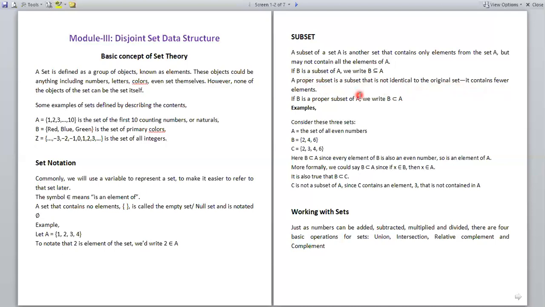That means, if we mention that B is a subset of A, that means B does not contain all the elements of A, but it contains some elements which belong to A, also belonging to B. So using this symbol we can define that B is just a proper subset of A, but C is not a subset of A. Why? Because we define that A is a set of all the even numbers, but you can see the C